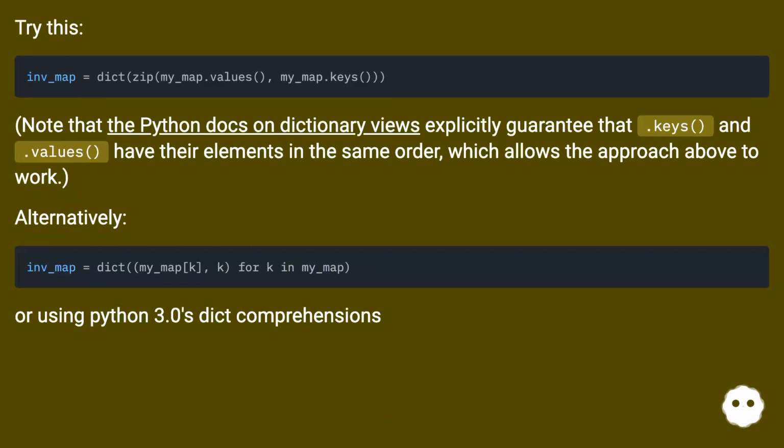Try this. Note that the Python docs on dictionary views explicitly guarantee that .keys and .values have their elements in the same order, which allows the approach above to work. Alternatively, or using Python 3.0's dict comprehensions,